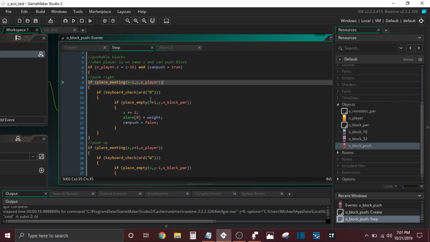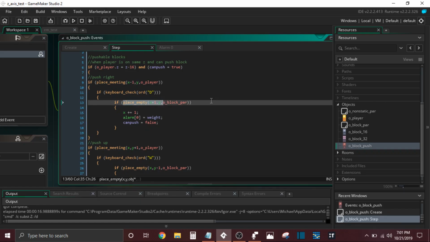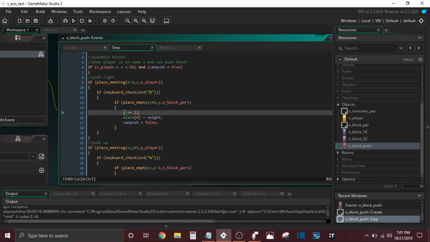And then if you are holding down the D button, which is the left button, and if 1 pixel to the left is free of any other blocks, so basically this is here to prevent you from pushing the push block into other blocks, then you're going to move your X equal to 1, and then